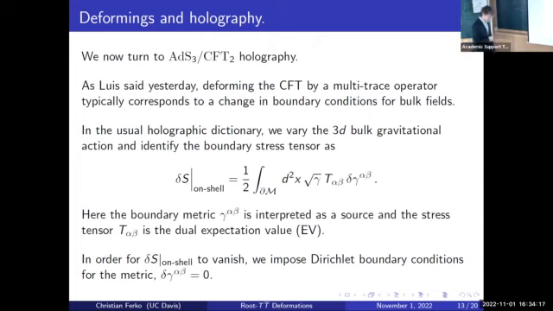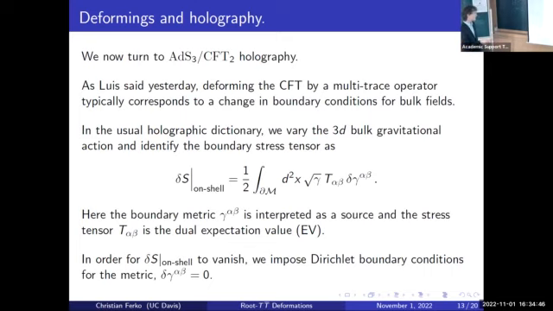Let's quickly remind ourselves of how we see that in the ordinary holographic dictionary. What you would do is start with your bulk gravity action that has both an Einstein-Hilbert term and the appropriate boundary term, and you would vary it and put it on shell. You would find that the variation of the action on shell can be written as a boundary term that looks like a contraction of a T alpha beta, which would have some explicit expression in terms of the Pfefferman-Graham extension of the metric, times this delta gamma, where gamma is now the boundary metric.